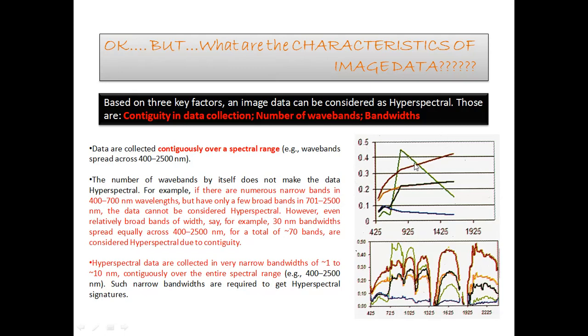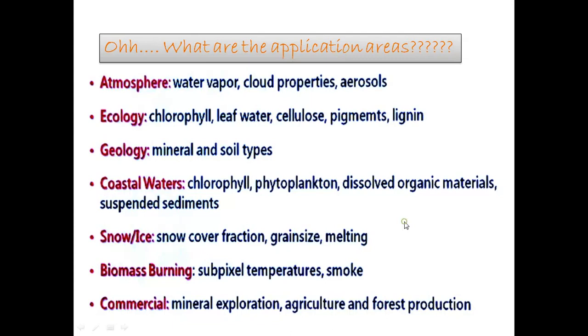But if this vegetative spectra is seen over here, then we can get detailing about the spectral characteristics of the object per band. That is basically the contiguity of the spectral information, and there is no such omission. But in the multispectral case, we get some omission of the spectral features, some spectral behavior of the object that we cannot get from multispectral. But in this hyperspectral, we can get the micro level of detailing about the object from the hyperspectral image. So that is the basic characteristics of the hyperspectral imaging system or the image.